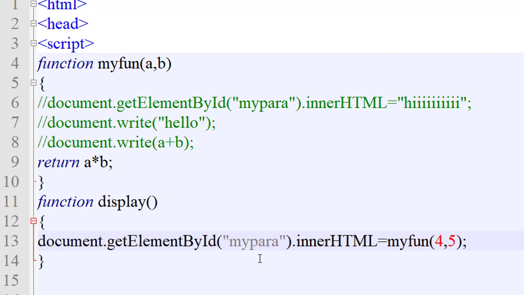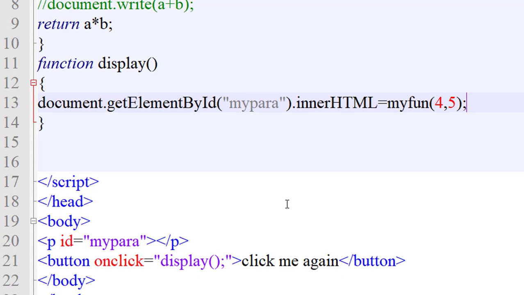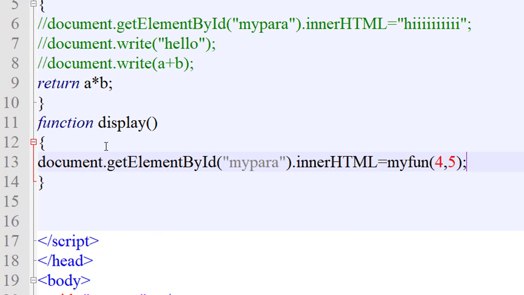Just save this. What is happening here now? In the button tag, display is called, and in the display function, with the help of the id my para, we put the calculation of my function in the my paragraph by using the innerHTML property. And in the innerHTML, my function is called with 4,5.